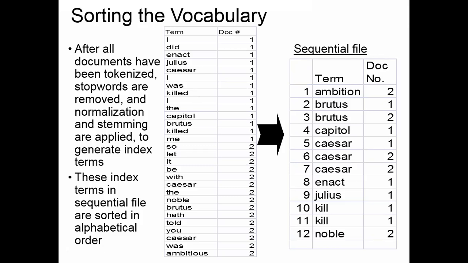Then if you apply stemming, killed is conflated into kill by removing ed, and also ambitious, either ambition, or we can ignore IOUS and have AMBIT. Or if you are designing a stem